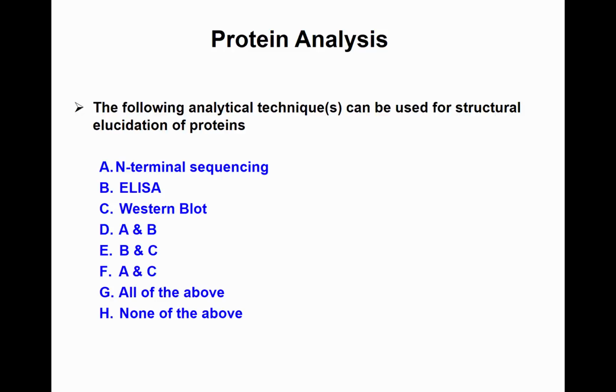Okay, the following analytical techniques can be used for structural elucidation. What do we mean by structural elucidation? That means deducing the structure of the protein, or getting information on the structure of the protein, whether it be its composition, its molecular configuration, or its molecular weight. So, by process of elimination, A and C. Any other